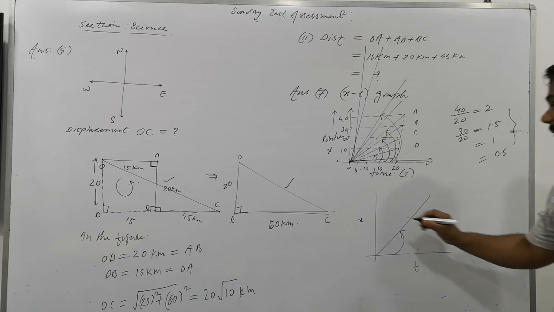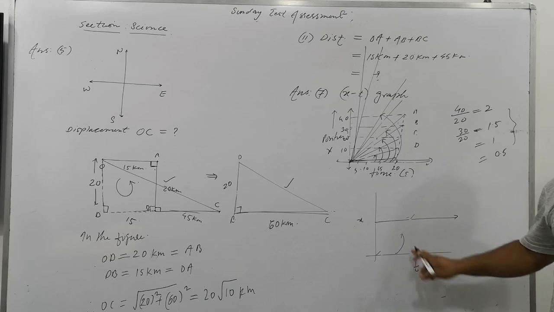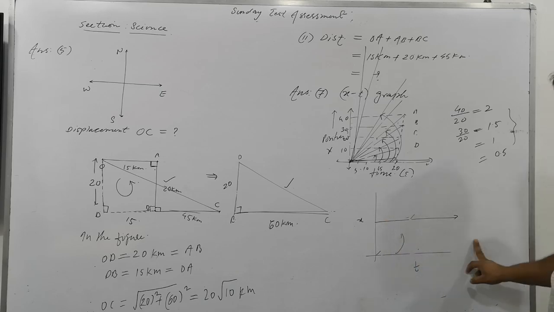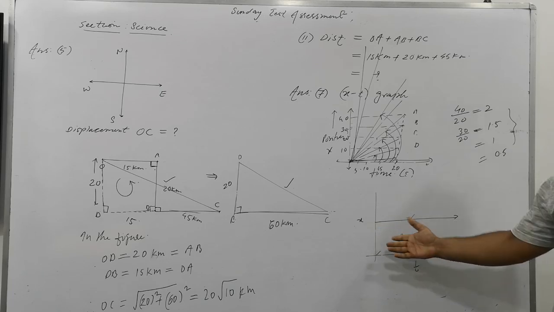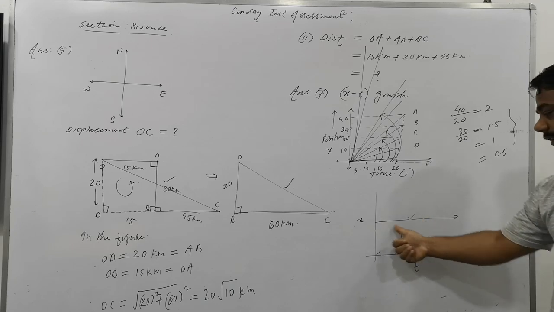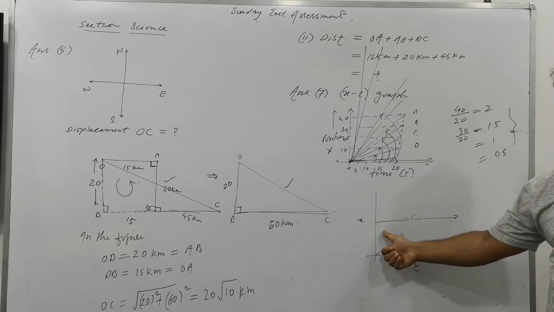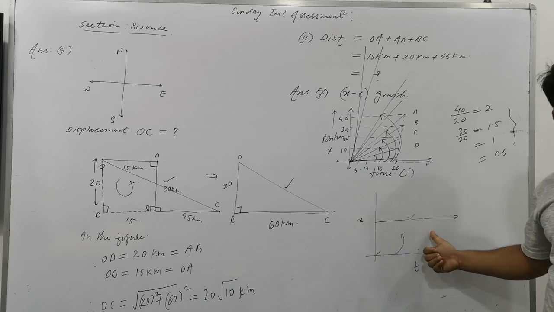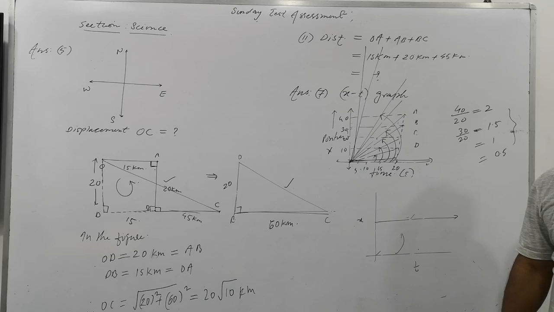Is that clear? Yes. So tell me please, the curve I am drawing here is an xt curve. What about this curve here? Please tell me. The time is increasing, but the displacement is not increasing. If the displacement is not increasing, obviously the curve is parallel to the time axis. The time is varying, but the displacement is not varying. Think of the situation physically: the time goes on varying, but no displacement is happening, which means the distance is not being traveled. What could be the physical condition for an object? Tell please.